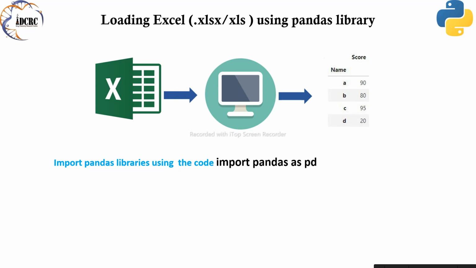Step 2. Loading the Excel file. We'll use the read_excel function from pandas to load the Excel file into a data frame. Here's how you can do it: df = pd.read_excel(